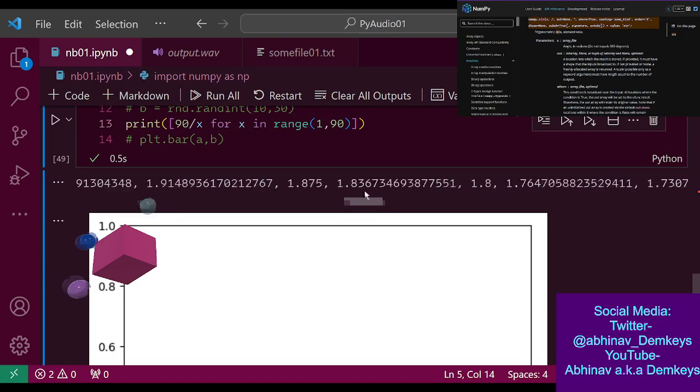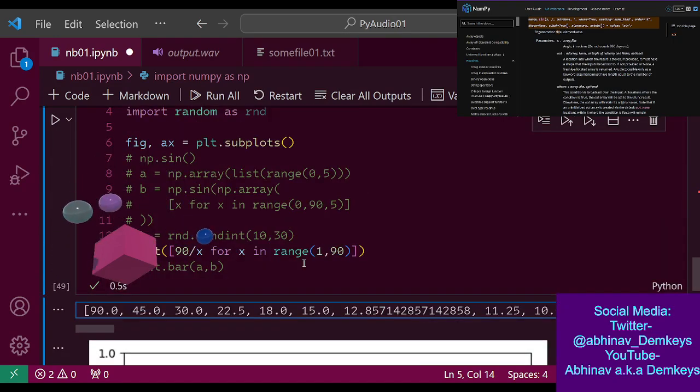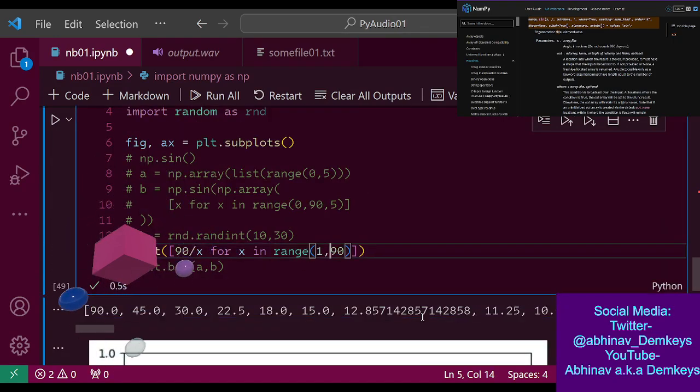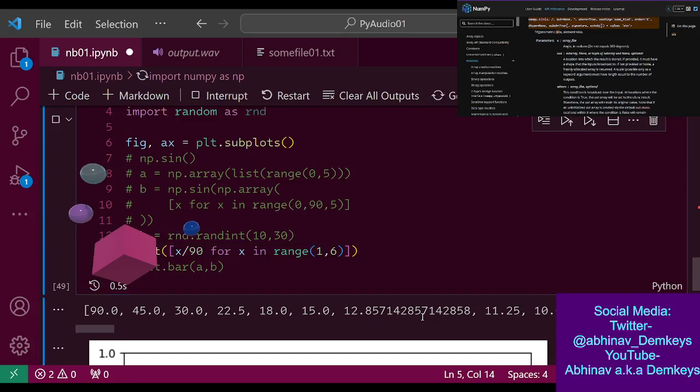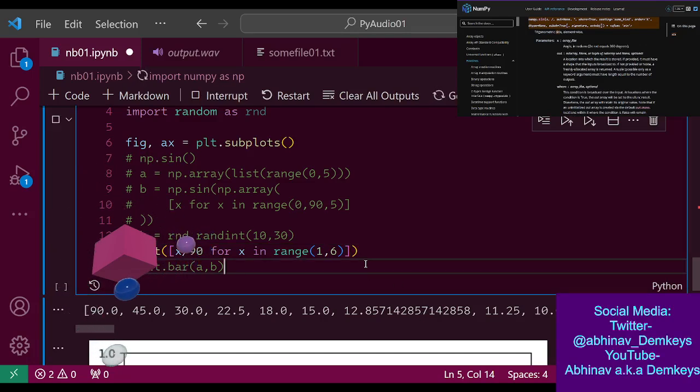It started making them smaller and smaller. Oh, you know what I could do? Yeah, I could do this. Range 1 to 6. 6 is going to be excluded. And then we can do x divided by 90. And that should give a...